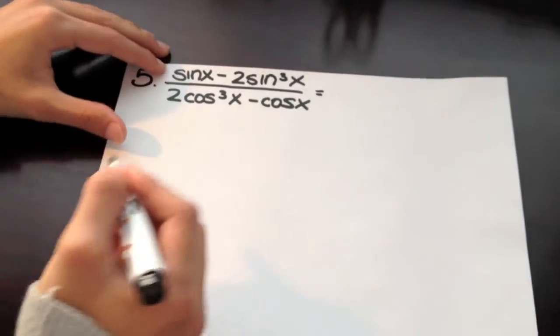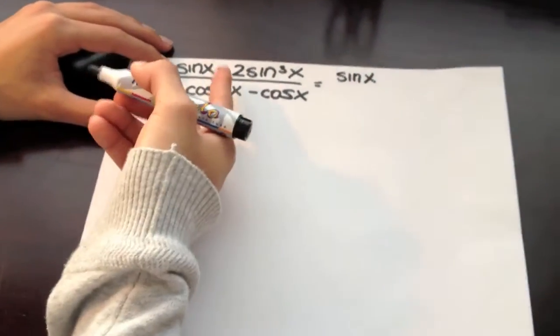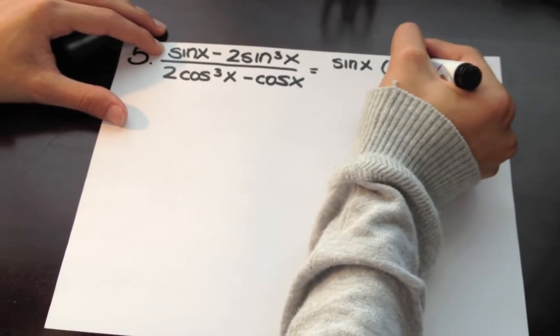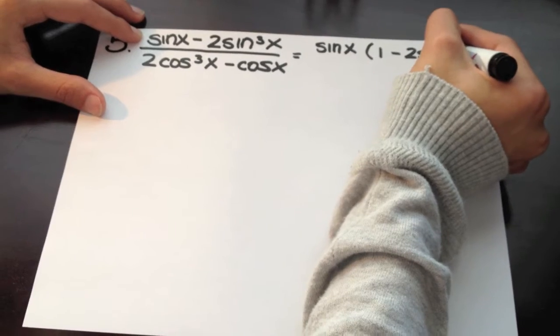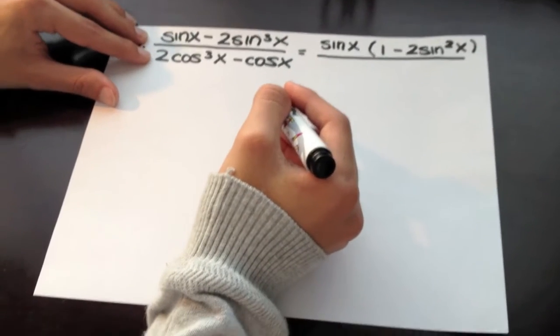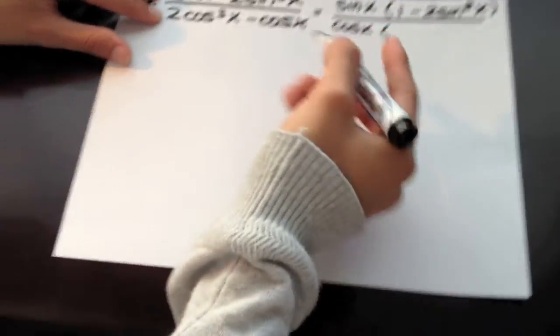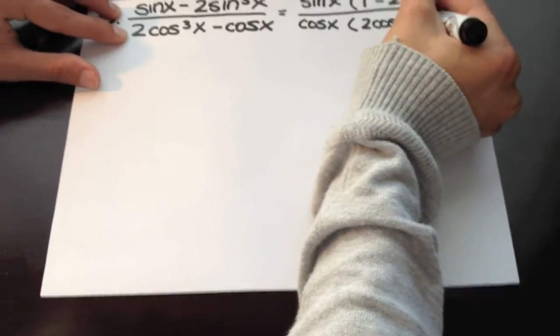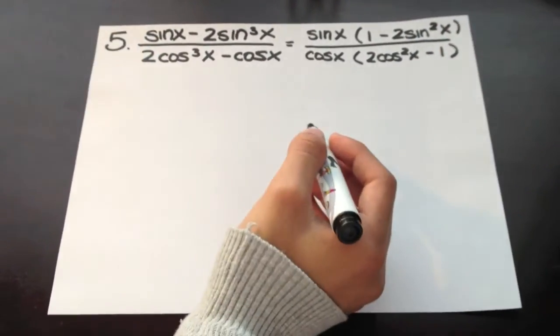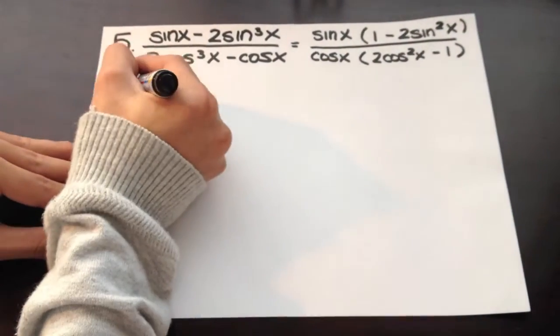So notice here that in the numerator you can factor out a sine of x. So this is actually sine of x times 1 minus 2 times sine squared of x over. Now in the denominator, notice how you can factor out a cos of x, so that's going to leave you cos of x times 2 times cos squared of x minus 1. You go back to your trigonometric identities, you'll notice that sine of x over cos of x is the same as tan of x. So we're going to write this as tan